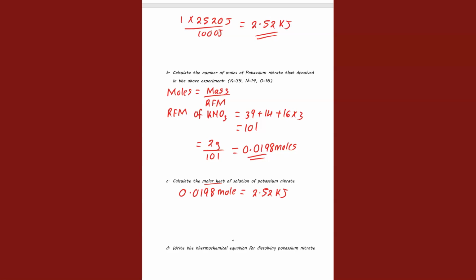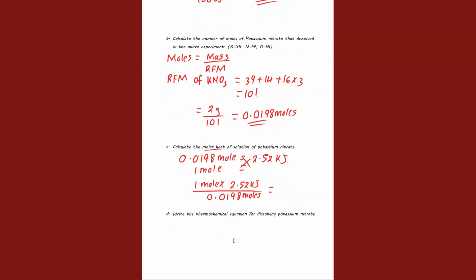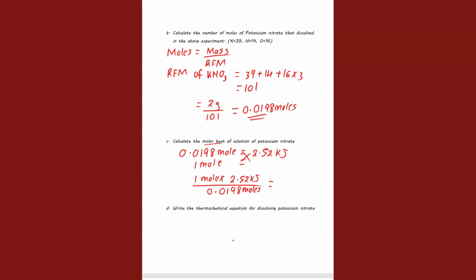So what about molar heat? Molar heat is the same as asking yourself, what about 1 mole? How much heat will it evolve? Then you cross multiply. So we have 1 mole multiplied by 2.52 kilojoules divided by 0.0198 moles. So our molar heat is going to be